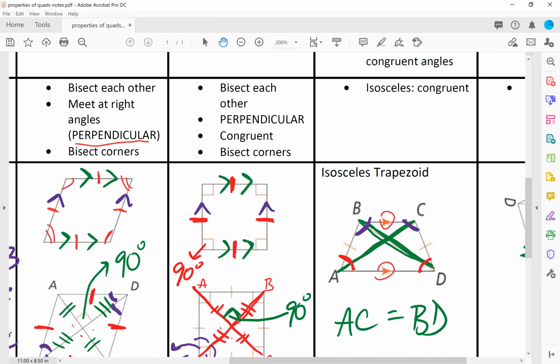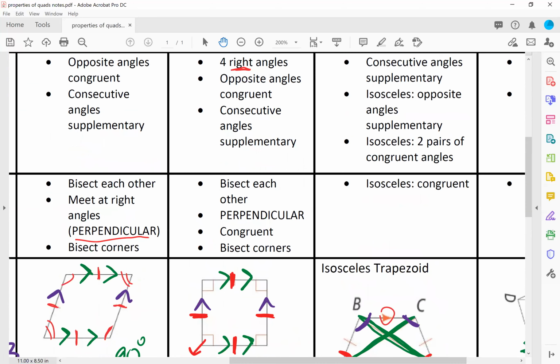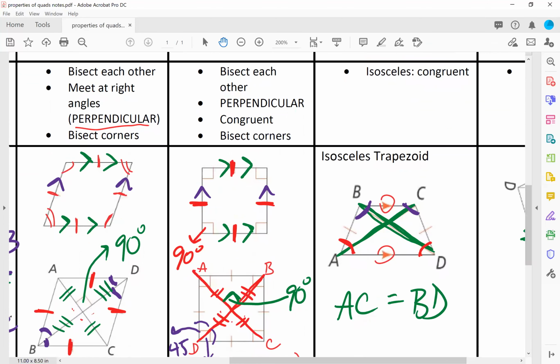And A and D, those are a pair of congruent angles. And like we said, the opposite angles on an isosceles trapezoid are going to be supplementary, because, like we can see here, purple plus red is equal to 180. I'll have a purple up here, a red across from it, so those should add